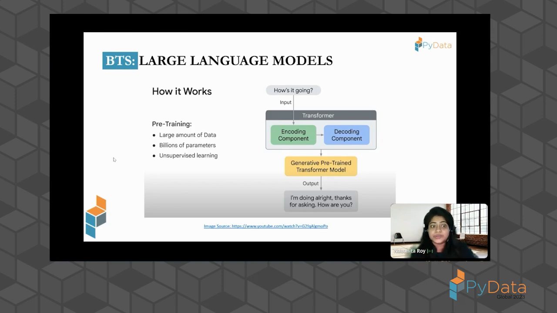That is number one. Number two, from billions and billions of parameters that it learns from these encoded components while decoding it. And this is an unsupervised learning technique, which is also massive, because while we've got vast information on the internet, it's not possible for us humans to annotate each and every one of them, because for supervised learning you need to provide an explanation, a label for every single article that you feed in, or for a specific task.